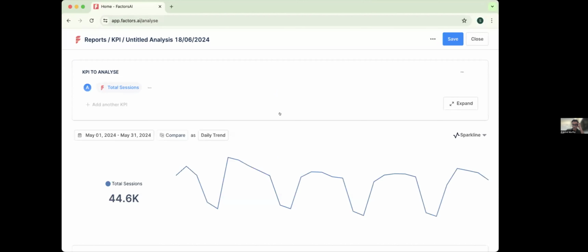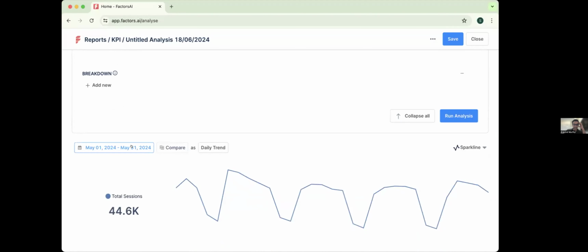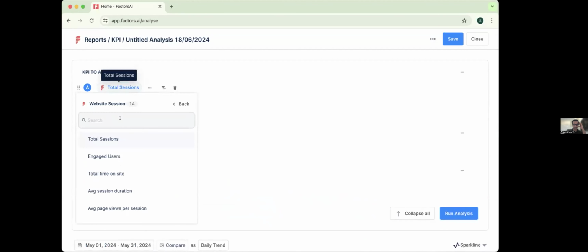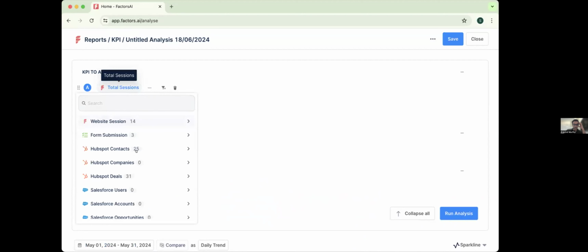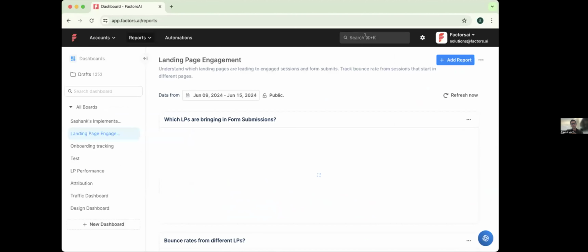Yeah, this is the number of website sessions that has happened. I'm using it on our own data, and you can see that it mapped to the right KPI, and the date range is also last month. There are a number of metrics that we provide, and it maps to the right metric over here. So that's one use case.